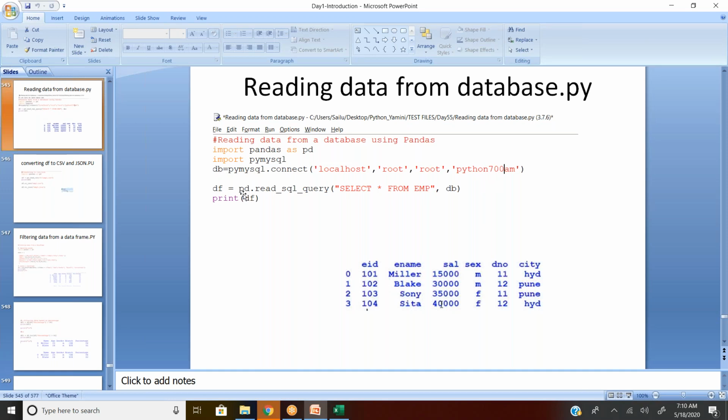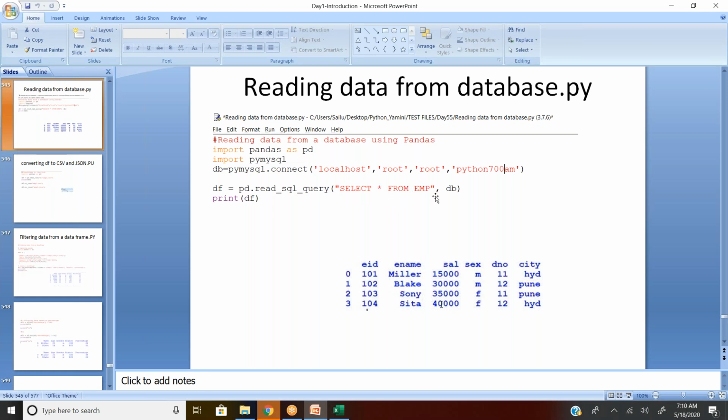Now, pd.read_sql_query. So reading an Excel file is read_excel, reading a CSV file is read_csv, and reading with a SQL query is pandas.read_sql_query. In brackets, the SQL query, whatever valid SQL query you have.